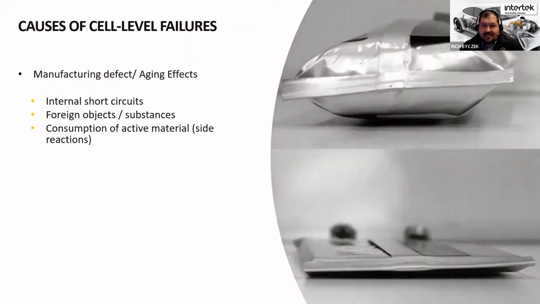Now, a look at these one by one: manufacturing and aging defects. I mentioned internal short circuits before. Foreign objects or substances, again, manufacturing defects, things that can occur in the manufacturing process. Even if you have an ISO 9001 type of quality system, you still have cases where you're not maintaining, for example, a full clean room type of environment. Maybe as a contract manufacturer assembling circuit boards, you're at a cleanliness level that is more than adequate. However, when you're dealing with these open containers of cells and you're assembling them, that level is still considered unacceptable.